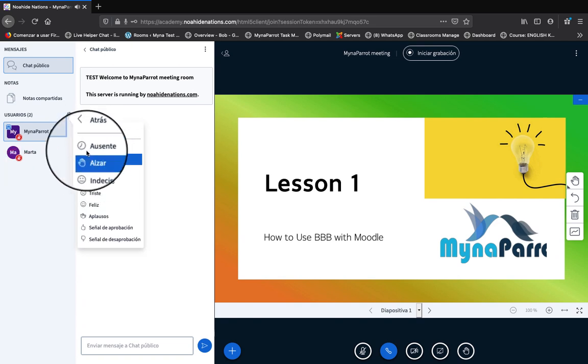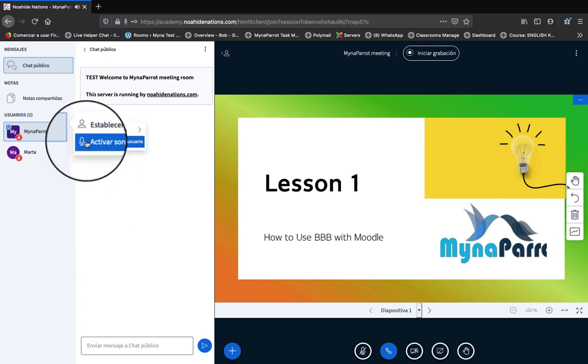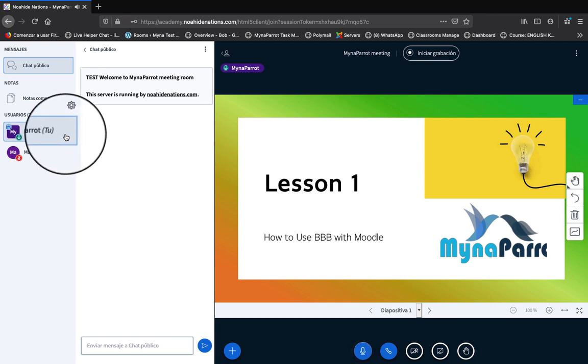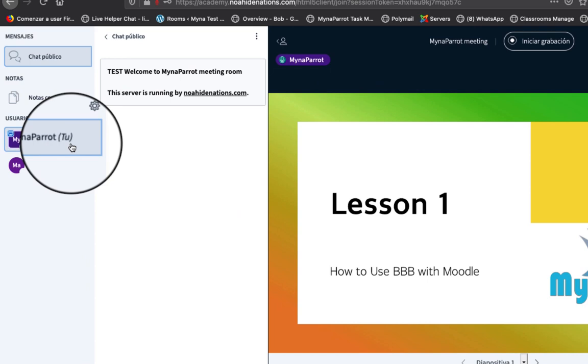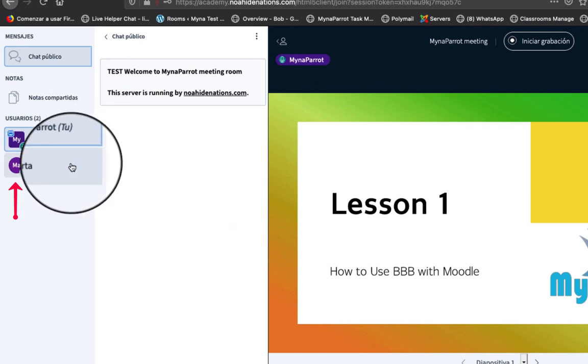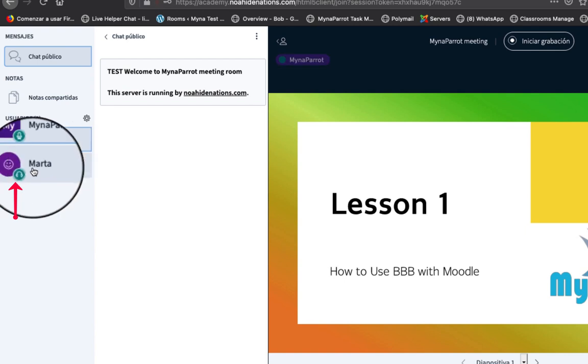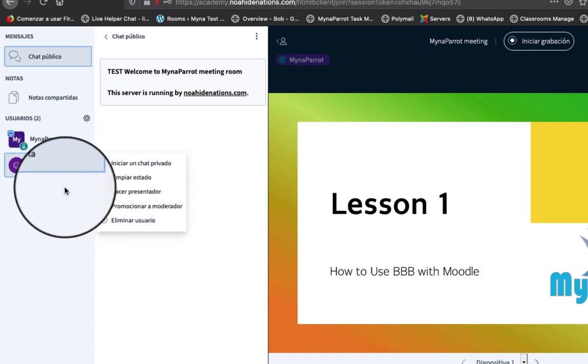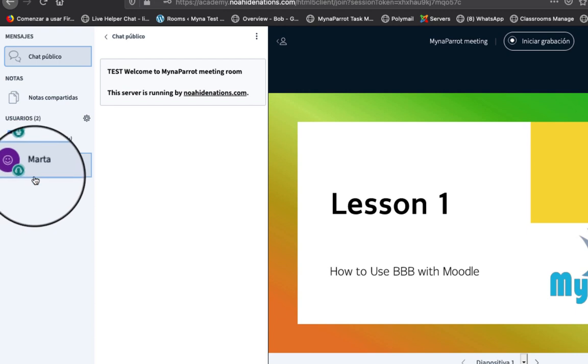I can mute myself here by just pressing the mute button. When a student unmutes, you'll hear them, but you can also click and mute them. You may also see students joined listen only. When the students joined listen only, they can't talk, but they can hear you as well. Students can also set their status, which means an icon will replace their avatar. Here is the happy face, and I'm going to clear all the icons as well as the instructor.